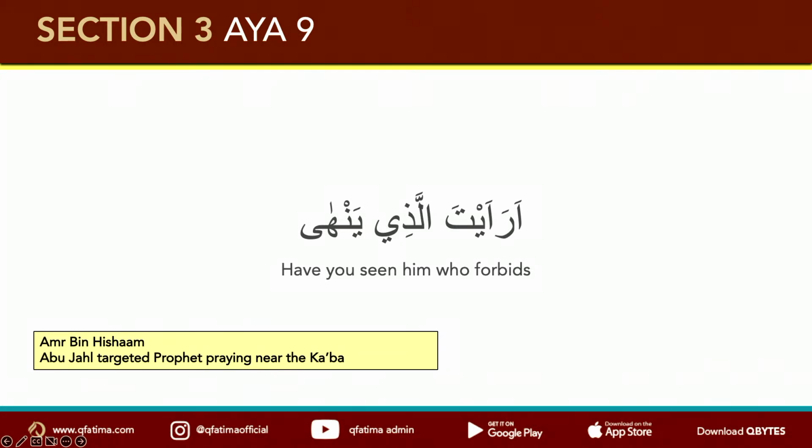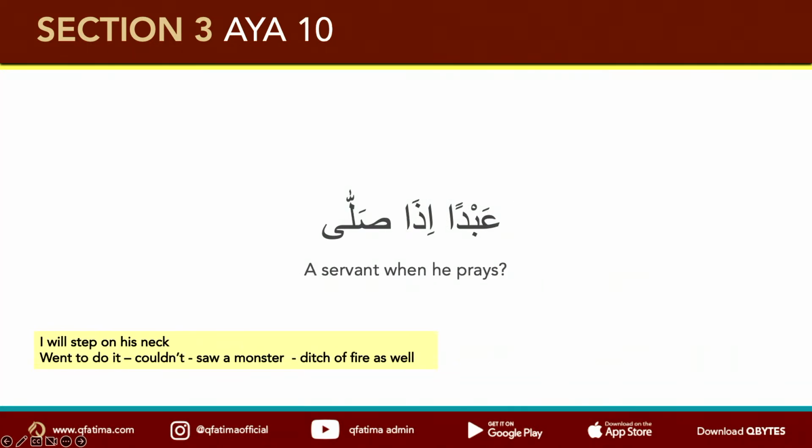So, أَرَأَيْتَ الَّذِي يَنْهَى. Now Allah is pointing to the historical figure. Do you see this person who refuses? عَبْدًا إِذَا صَلَّى. When an abd of mine prays. See, he threatened. In fact, some ahadith which I've put on there say that when he saw nobody was going forward, he went to put his foot on the Prophet's neck. And suddenly he just walked back. And he had a gang of people, and they said, "Whoa, what happened? I thought you were going to go put your foot on his neck." And he said, "Well, I don't know. I saw a monster there. I just couldn't cross over."